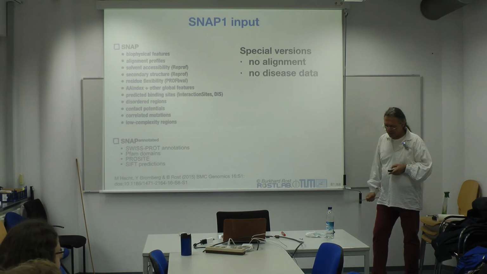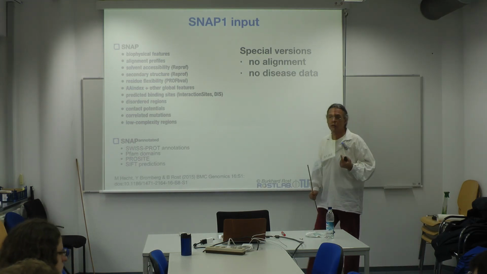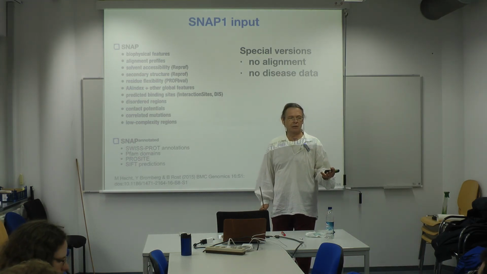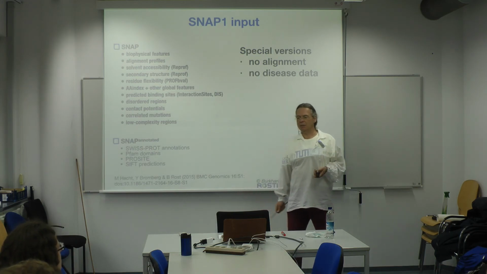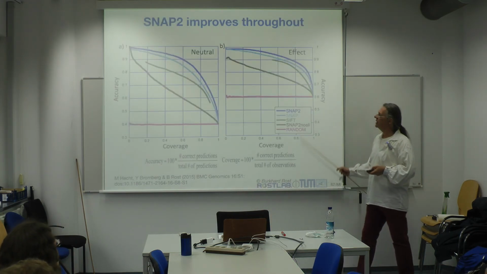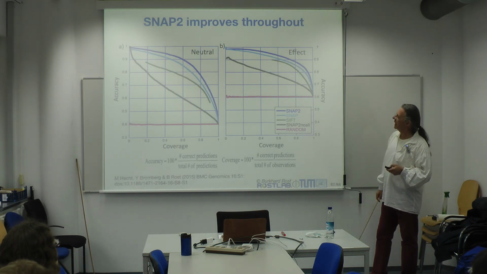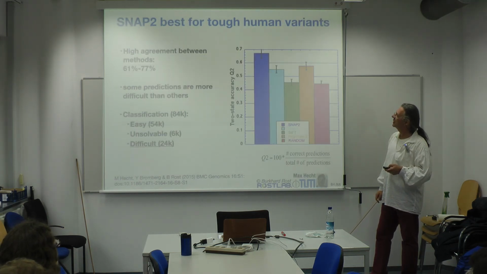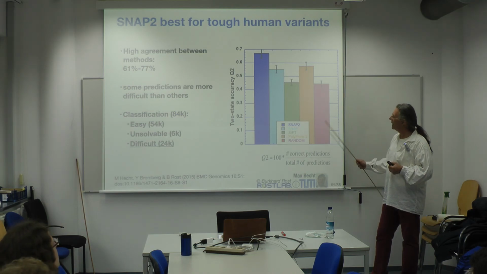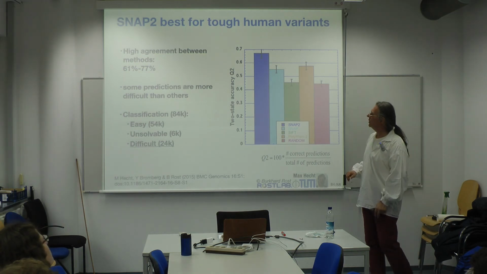The alignment story is the same. If you see an effect, although you don't use the alignment, then it's not about conservation. It's about change in secondary structure or something like that, right? You get these curves again that I showed you before. Again, the new method is slightly higher. Let's just keep it there. From neutral effect, it's the same thing. And now we are back to the story that I said before. The not so easy to do.